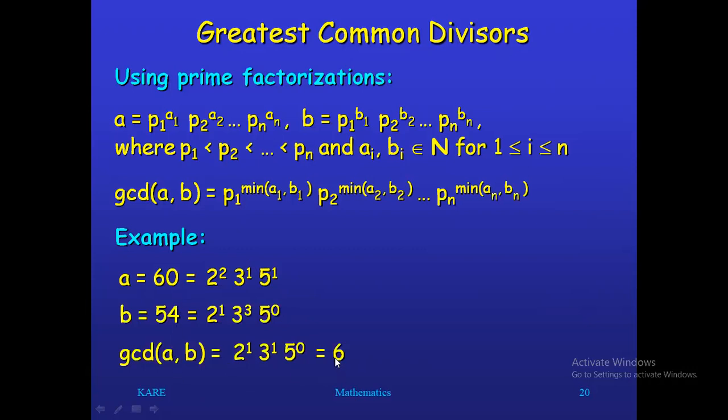It's very, very important. It's very easy also, children. Just have a glance. First, I'm writing in terms of prime factors. Then I'm choosing the minimal values and writing them. That is going to be my GCD of these two numbers.